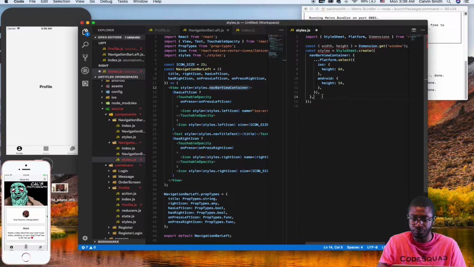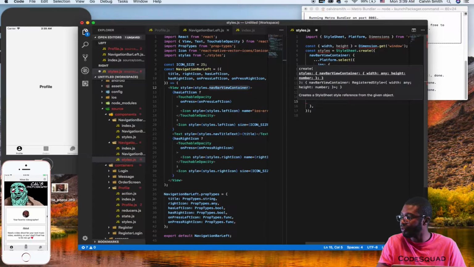So we can also say that we want the width to be the width of the screen,